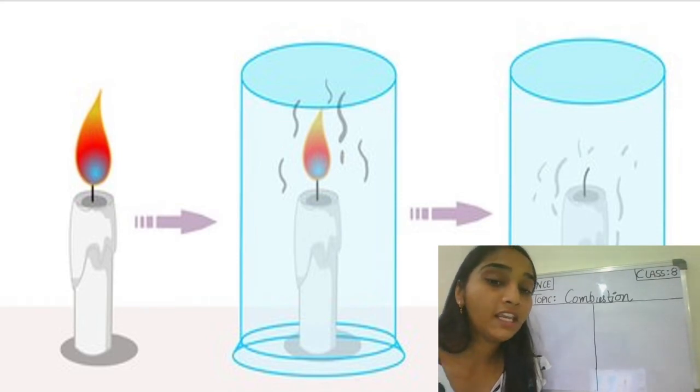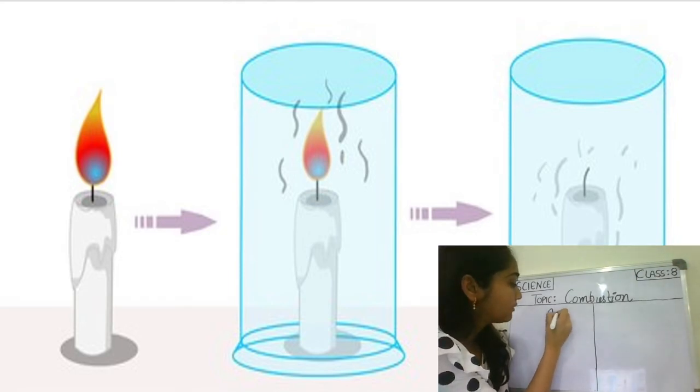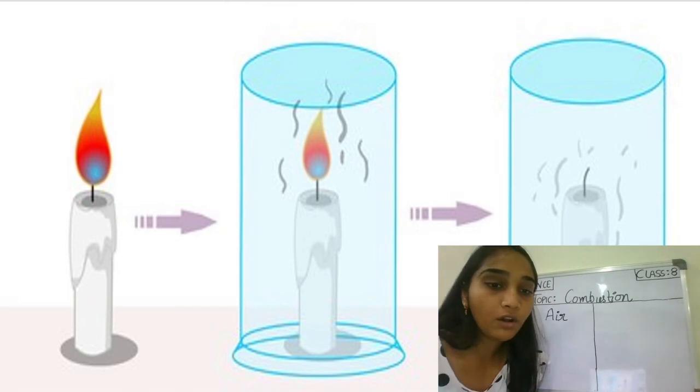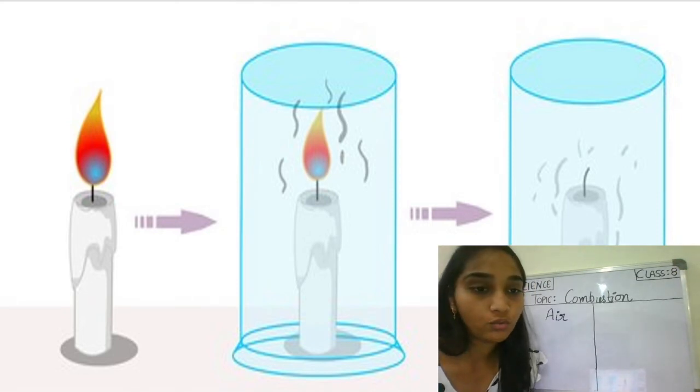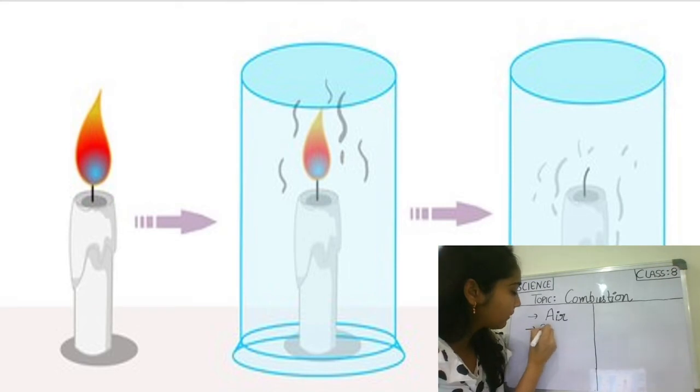Yes, if you are saying that, ma'am, it is not getting the air for the combustion process, then you are absolutely correct that the air is not there inside the glass. But the other candle kept on burning, on which we did not place the glass, right? So there it is placed in the atmosphere, students. So from here, we can conclude that for the combustion, students,